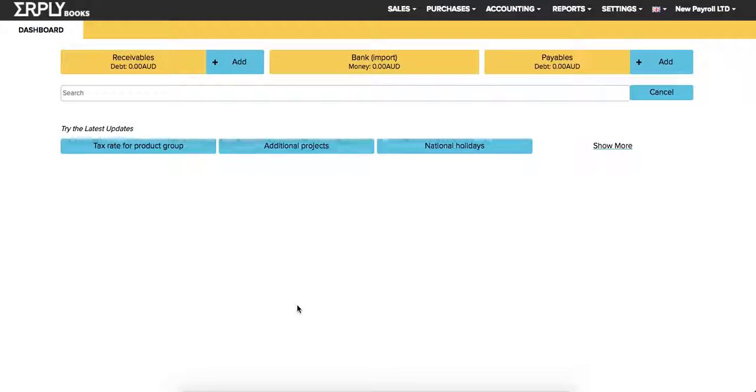Let's see how we can use payroll in ERPLY Books. As you can see from the company name, it's the new payroll, meaning that it's replacing the old version. If you are still using the old version of ERPLY Books, you also have to add global attributes. What they mean,